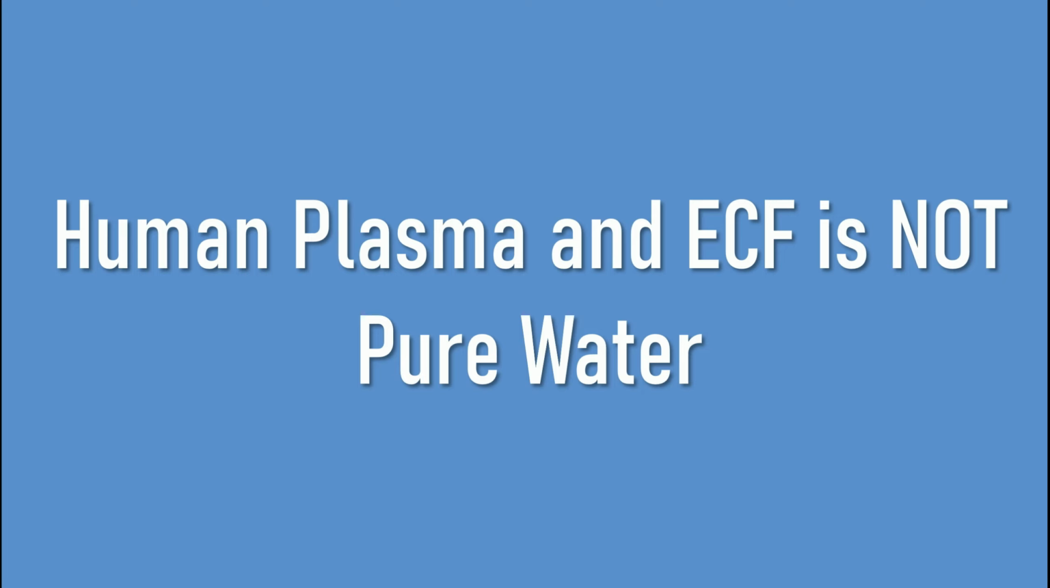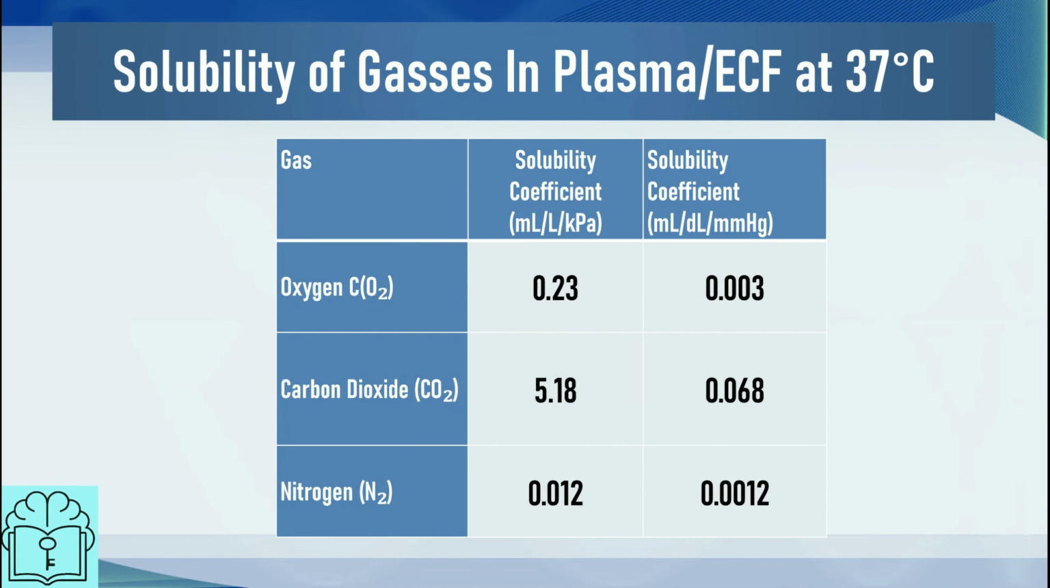Human plasma and extracellular fluid, they're similar but not identical, and indeed intracellular fluid, are not pure water. And these fluids have their own solubility coefficients for gases at 37 degrees Celsius. The solubility coefficient for oxygen in mL per litre per kilopascal is 0.23. I'll show you how this works out in the later tutorials. The solubility coefficient in mL per deciliter per millimeter of mercury is